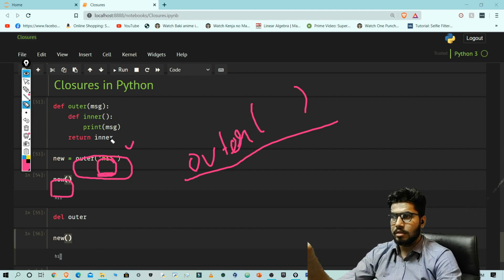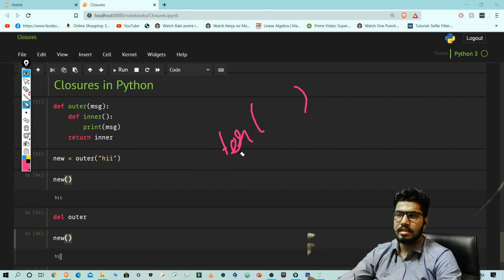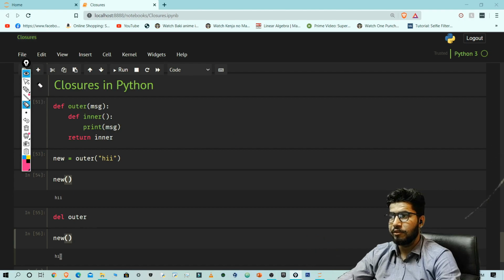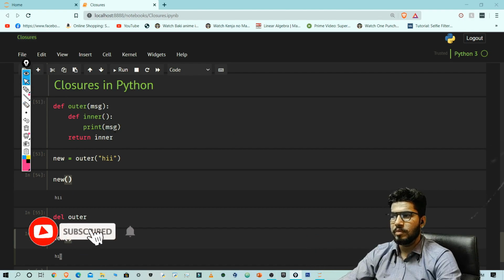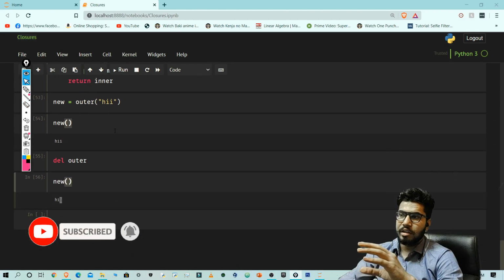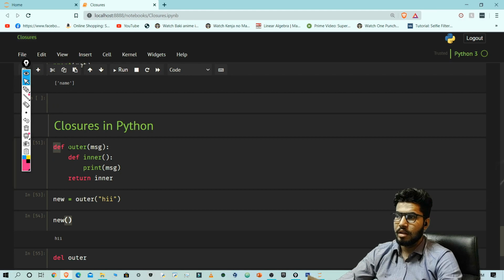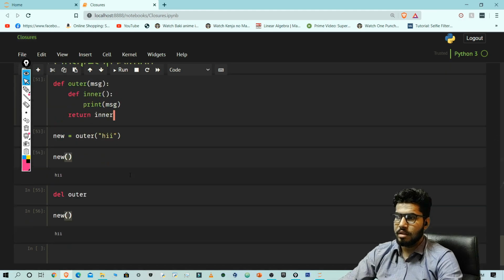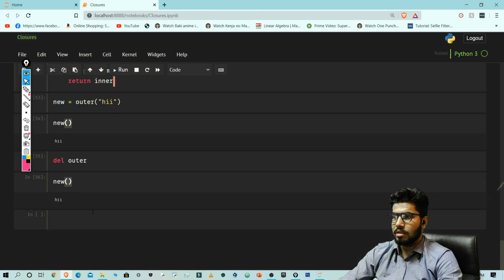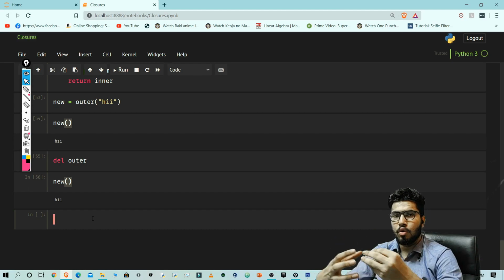The best use case that I can tell you, and there could be more use cases, but I have never used closures that much, is that decorators use closures. You might remember some of this stuff from decorators. So let's make a program so that you will know how you can use closures in a real program.